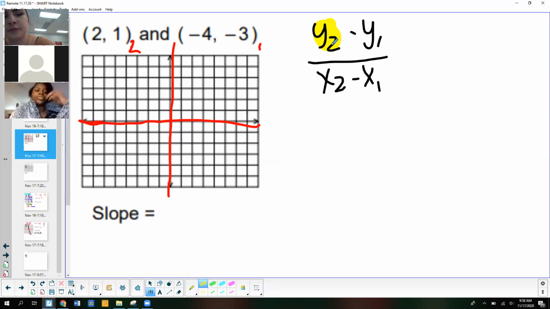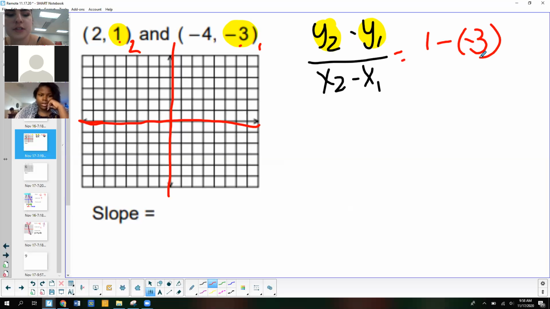So y2 is the y value of point number 2, minus y1, the y value of point number 1. For that first part, we take y2, which is positive 1, minus negative 3, the y value in point number 1. Then we're going to divide